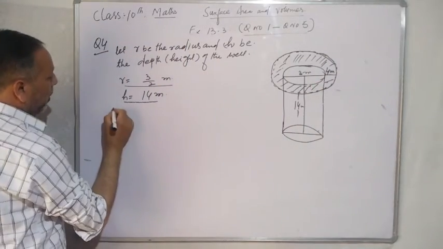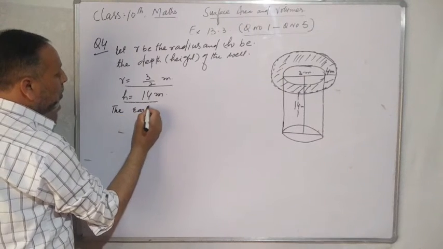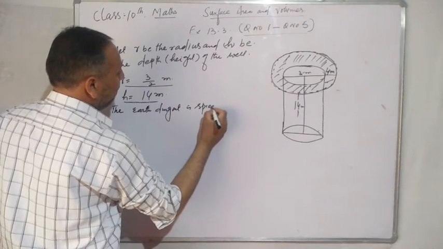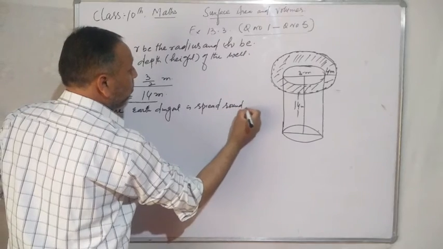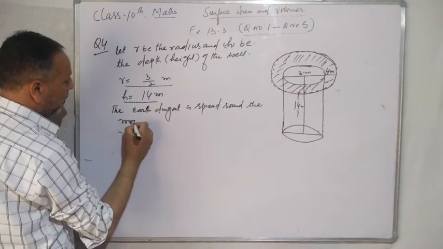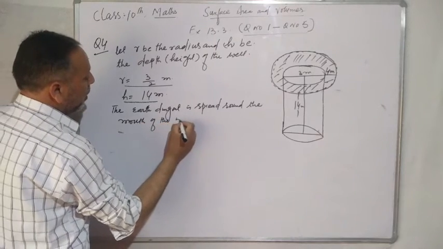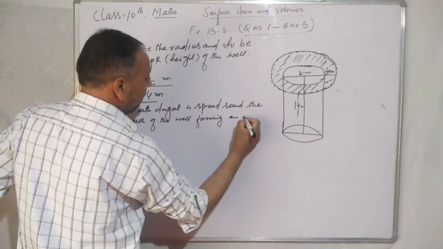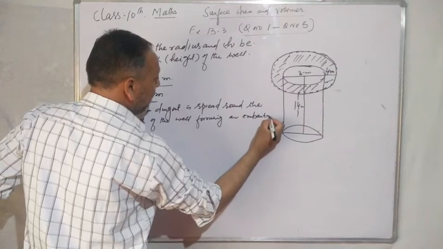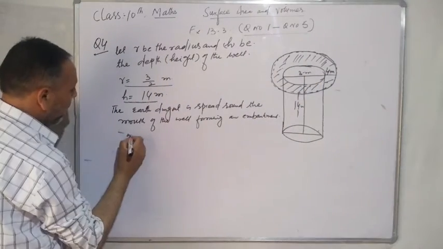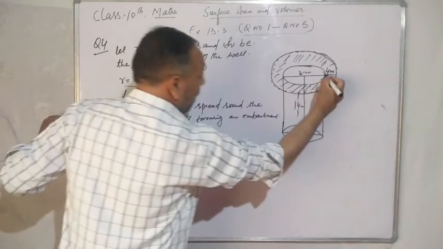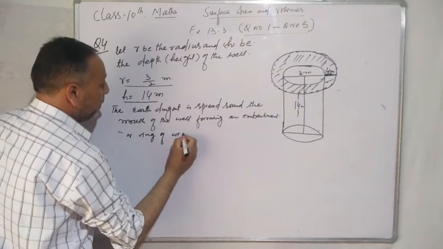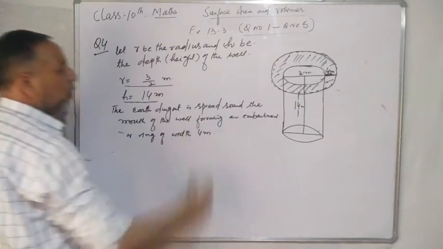The earth dug out is separate around the mouth of the well, forming an embankment or a ring. तो इस रिंग की जो ये एम्बैंकमेंट की विड्थ है, दैट इज 4 मीटर ऑफ विड्थ।